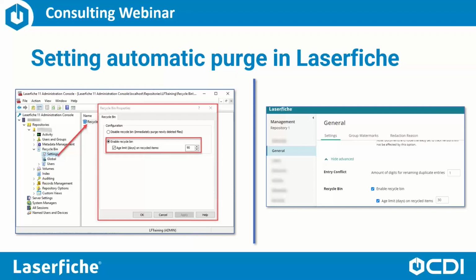And then under the settings area for that recycle bin, if you double click on the recycle bin settings, you'll get this pop-up, and you can configure the recycle bin to be on. And in addition, if it's on, which means the documents or any content that's being deleted will go to the recycle bin, you can also set an age limit. This age limit will by default be set for 7 days, I believe, but 30 days, 60, 90 days is probably preferred as best practice, because